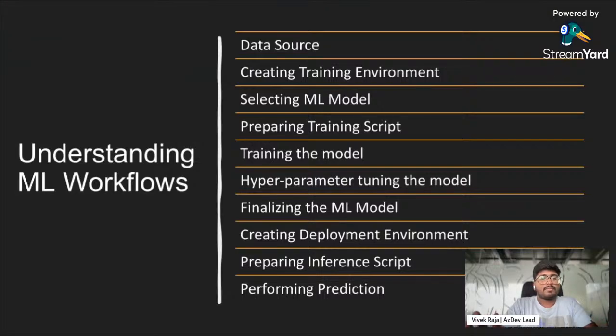So, first to get started is about what machine learning workflows are. When we actually take up a machine learning project, besides the solution that you are going to finalize, that is the algorithm, getting the maximum accuracy, that's all there. But that is just one part of your machine learning solution. The whole solution lies in how you're going to implement it step by step so that you can scale your machine learning projects from just projects to solutions. So there are a couple of workflows that you have to do. I guess you might have followed the same workflows in your notebook.